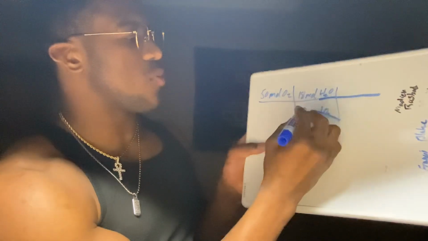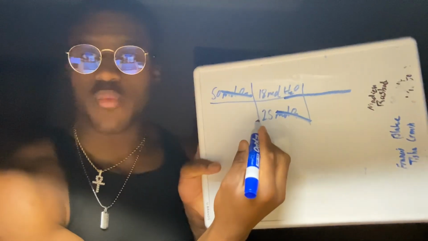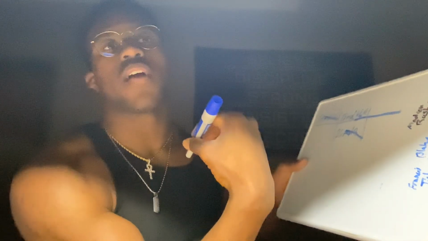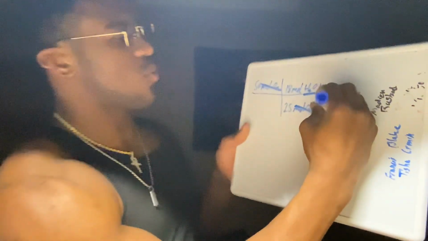And then we crossed out moles of O2. We got rid of them. That's the goal, right? Now we want the grams, so we want how much is in each mole, right? So we're going to put 1 mole